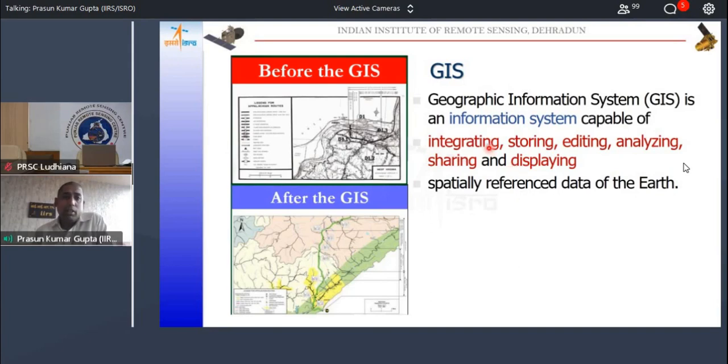In earlier days, before software-based GIS systems were available, paper maps were made by hand, and updating the map would mean redrawing it. If some new road has come up or some area has changed, updating a map meant that you had to redraw the map from scratch.